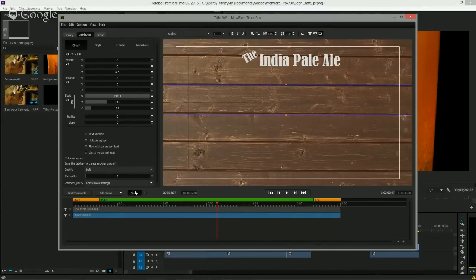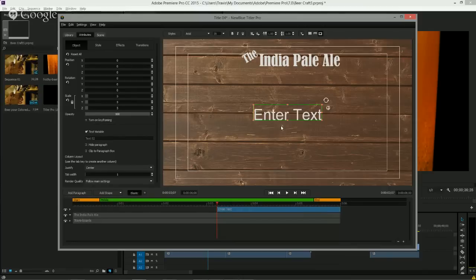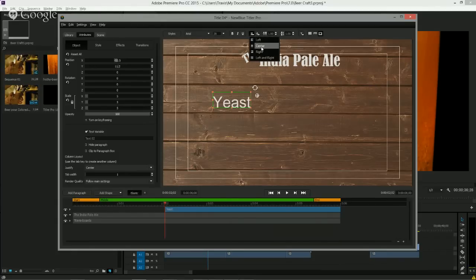So I want to go ahead and bring in another paragraph. We can go down to just above the timeline over on the left and click Add New Paragraph. So we can do that. And let's say we need some yeast, and we want to position this somewhere. In fact, let's do this first. Let's go up to some of our new alignment tools. One of them is we had left, right, center for justification. So we'll do that. Obviously, it doesn't matter when you have one piece of text, but you'll see how it does matter. And then secondly, we have new alignment of top, middle, and bottom. So we can align by top. So now when I do those two, notice when I hit enter,